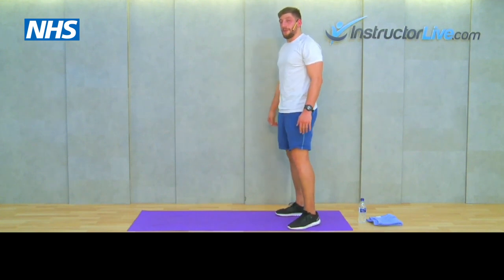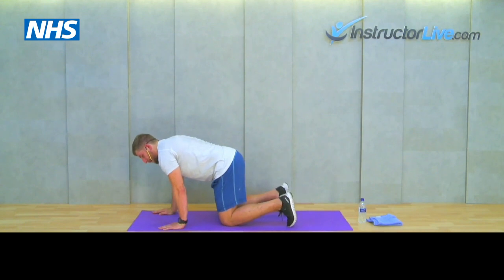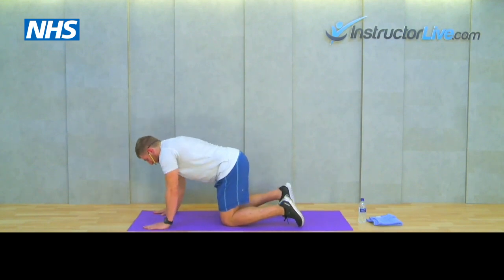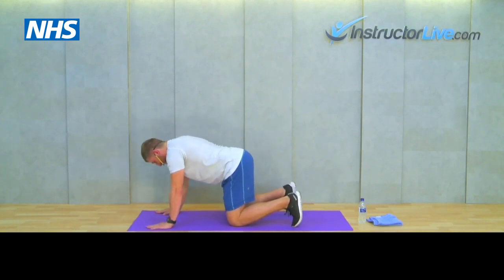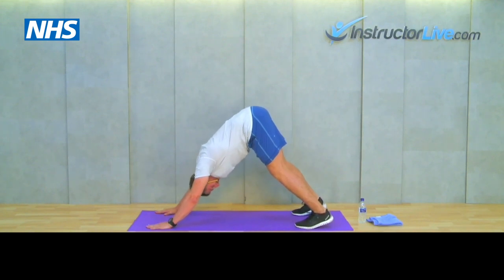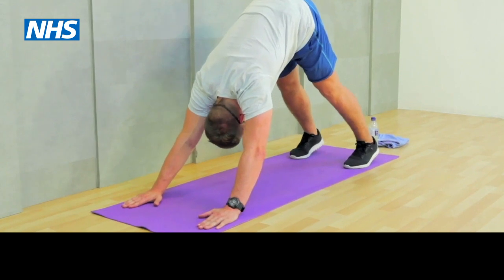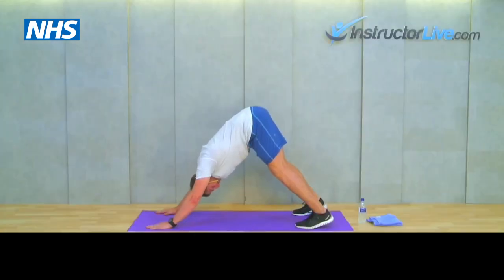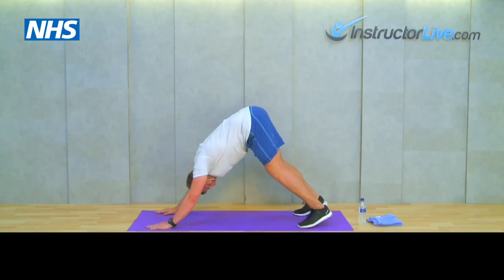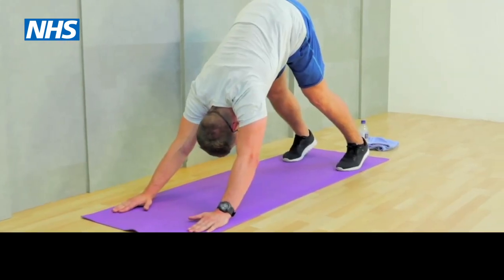Last stretch, we're going to go into a downward dog position. So those yogis out there will be able to tear my technique to shreds on this, I'm sure. See how inflexible I can be at times. Hands down onto the floor, toes into the floor, hips come up, drop our chest. So we're pushing away from the mat, and then we're just trying to press our heels back, push our hips up towards the ceiling. Now what this will create is an electric-like feeling in the back of the legs. Not the most comfortable feeling to start off with, but now I want you just to concentrate on your